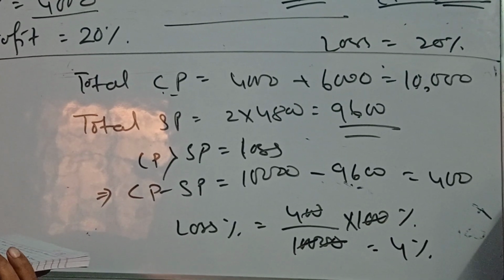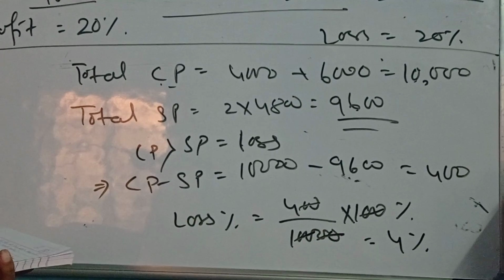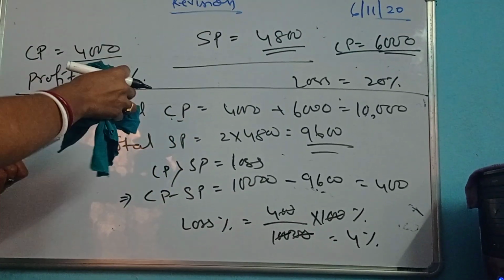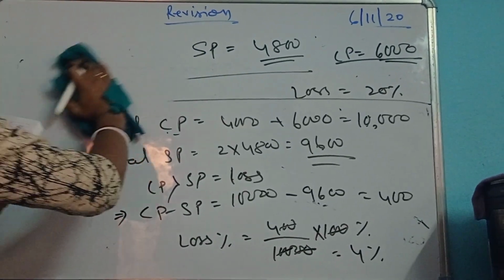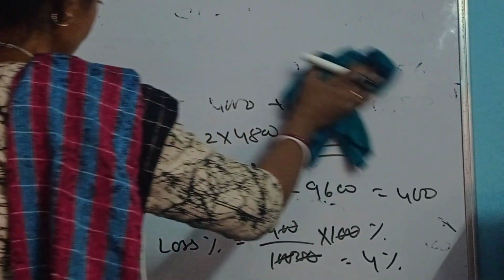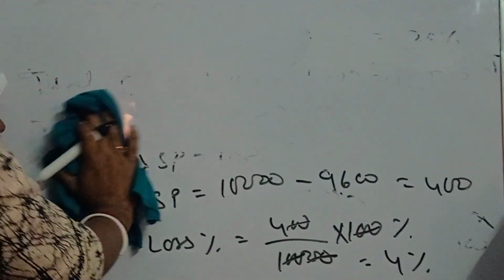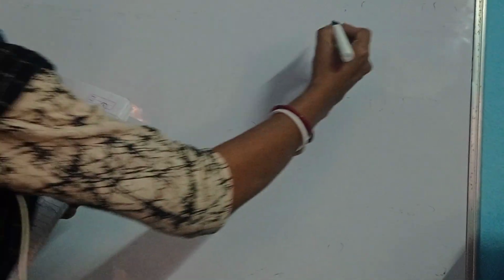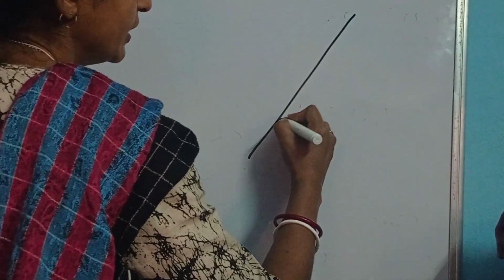Okay, next question I have selected from your question set, that is question number 28. Let's come to that question. By that time let's go through the diagram. One diagram has been given, and here two sides of this triangle have been given, that AB and AC are equal. AB and AC have been extended to D and E accordingly. That means AB extended to D and AC extended to E, whereas BD and CE are equal. So let's first go through the diagram.